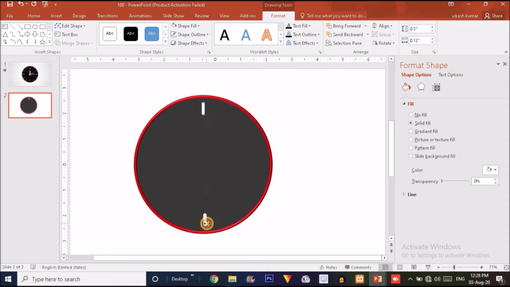Press Ctrl D to duplicate this shape and again place it exactly in front of the top one.